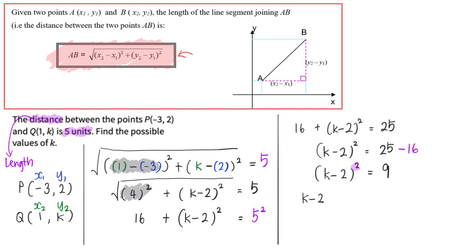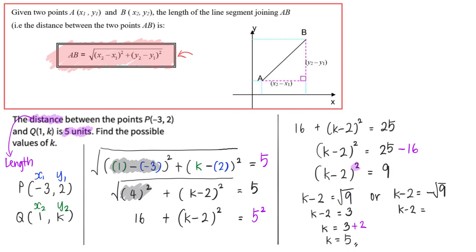When I do that, then my k minus 2 therefore will be equal to either a positive square root 9 or a negative square root 9. And square root 9 is 3. So final answer, I will have 3 plus 2 here, because I add 2 on both sides. This will be 5. Or